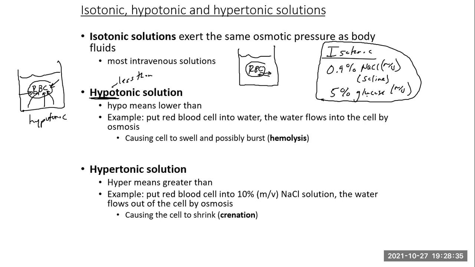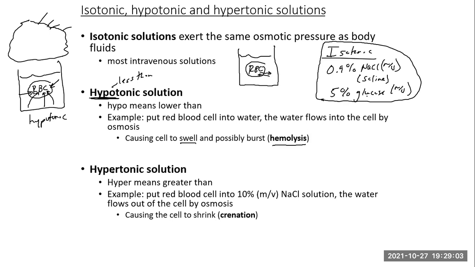So we're going to get this rush of solution into the red blood cell. And in this particular case, that's going to cause the cell to swell and probably burst at some point. And that is what is known as hemolysis. So we'll get this swelling that will occur as the process of osmosis begins, and we'll get hemolysis basically occurring. Now,